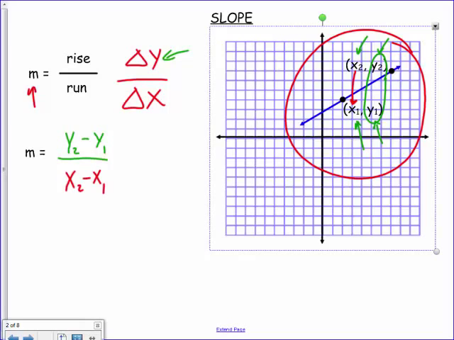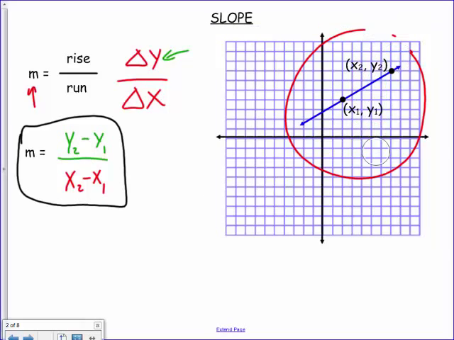So here is a nice formula to use for slope. And we need to know that because we're going to derive our point slope form from that formula, which we'll find out in a few sections. Don't worry about that now. But in this case, if I were to actually calculate this slope,